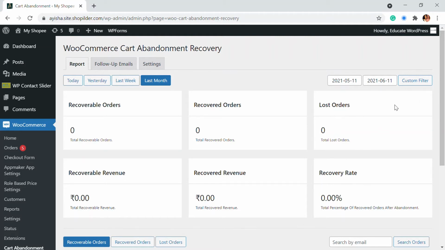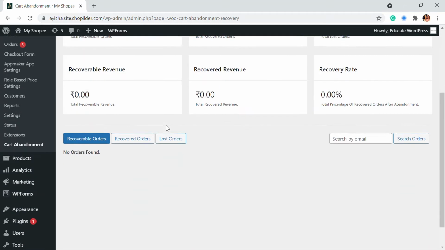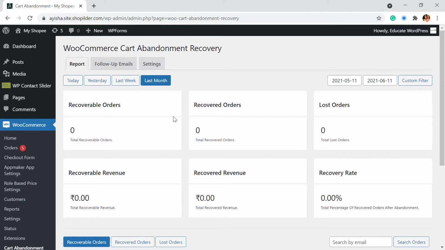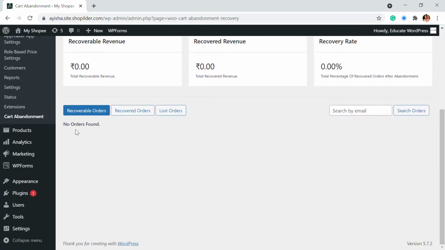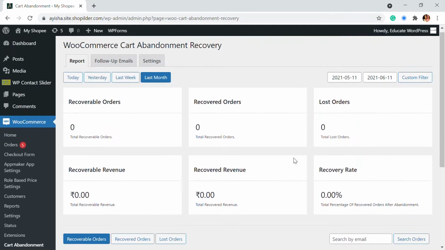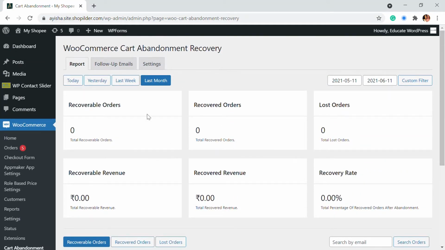The abandonments are measured right here. If a customer has abandoned your cart, they will appear right here, and you can also see the emails and details of those customers. You can also see the values of recoverable orders, recovered orders, lost orders, and all these metrics right from here.